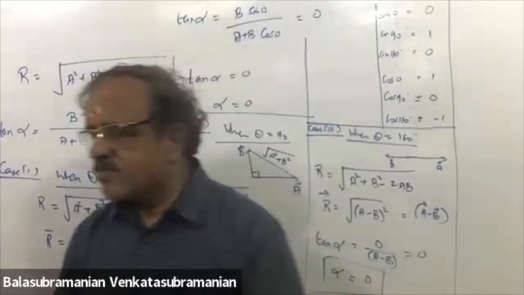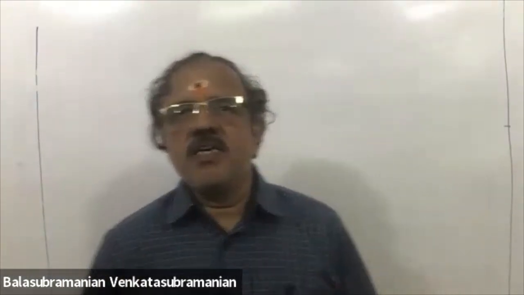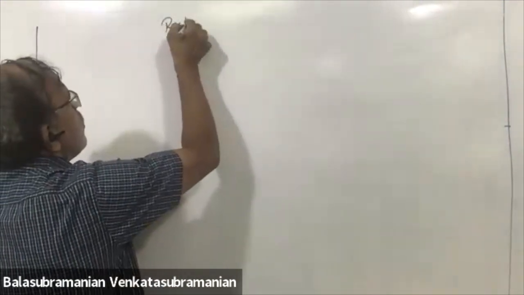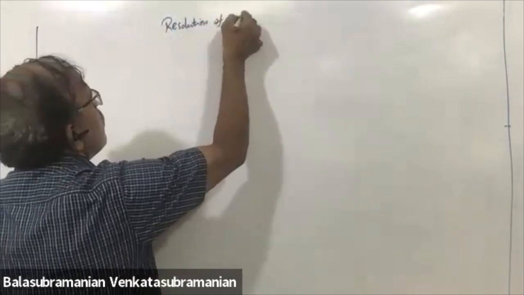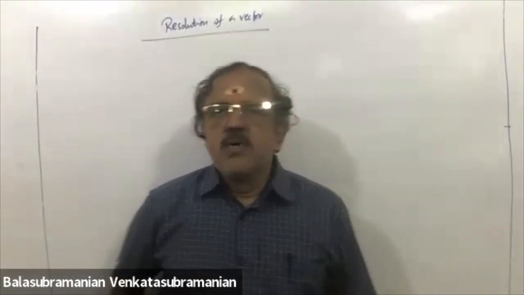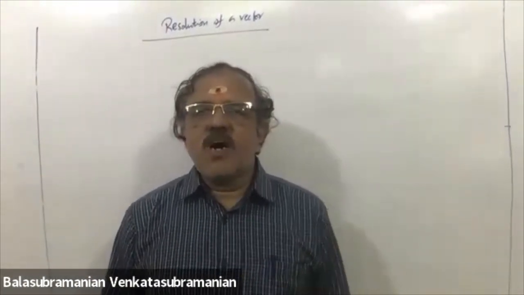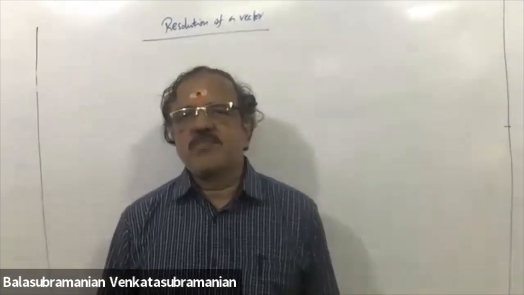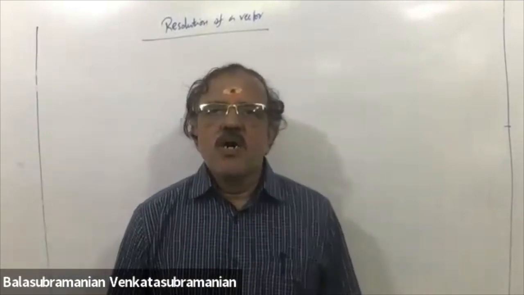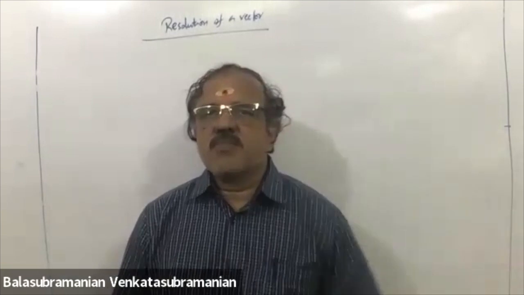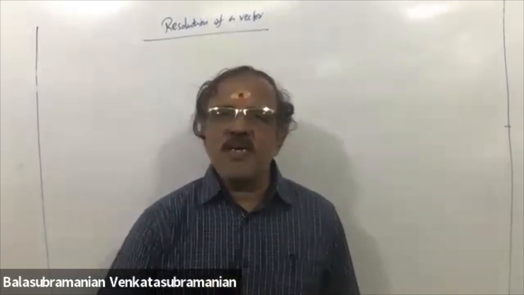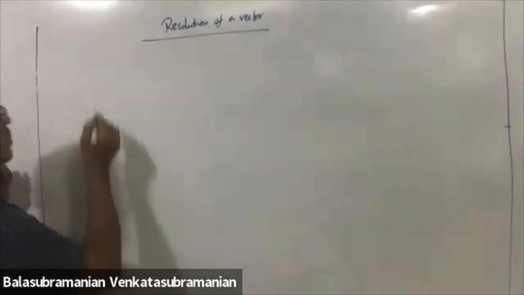Magnitude of the resultant R is equal to root of A square plus B square plus 2AB cos theta. And the direction of the resultant is B sin theta by A plus B cos theta. Depending upon theta value, we can calculate R and alpha. Correct? This is triangle law of vector addition. Very important question. So the next topic you are going to see is resolution of a vector. Suppose the vectors are pointing in different directions. What is a component of the vector along x-axis? What is a component of a vector along y-axis? It is not exactly horizontal or vertical; some other direction it has kept. Say for example,